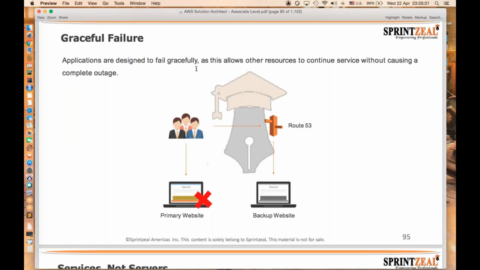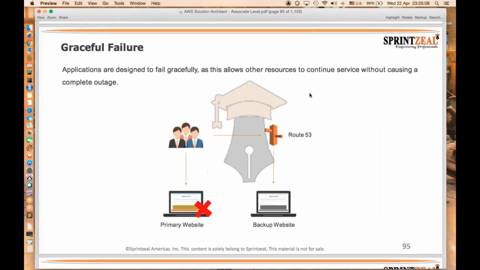I think I'm clear on this service. Other resources will continue service without